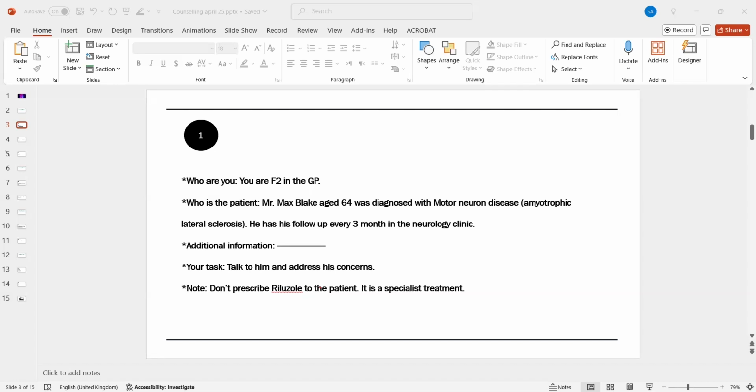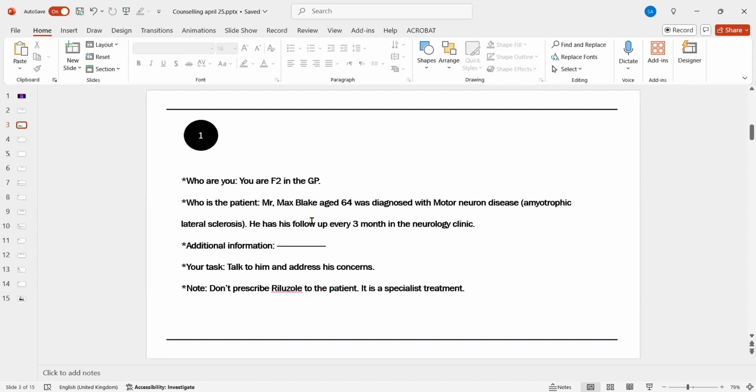So we have talked about the comments and how we deal with the question in general. All right, a concerned patient, you ask the patient, can you tell me why you are concerned about this specific medication? And then you tell him, all right, let me ask you a few questions. And in your history taking, you try to ask about